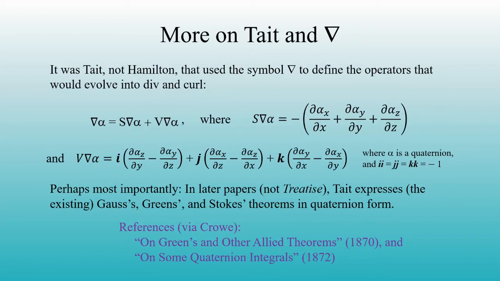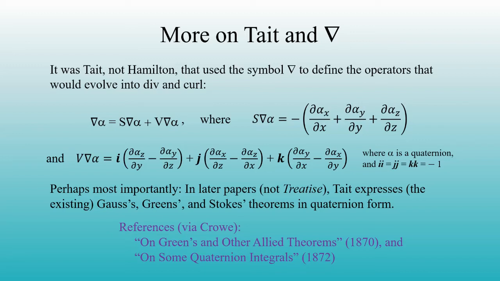It was Hamilton who first identified the del operator, but it was Tait who developed it. At one point, Tait applies the del operator to a special 4D quaternion alpha that is itself the product of two 3D zero real quaternions, and shows that it can be expressed in a way that is analogous to what we here would call S dot alpha plus V dot alpha multiplication components that we defined earlier. As before, Tait shows that the scalar part of del alpha is this, and that the vector part of del alpha is this, which resembles, in many ways, the divergence and the curl of a modern vector field. Tait does all of this before he writes to Maxwell.